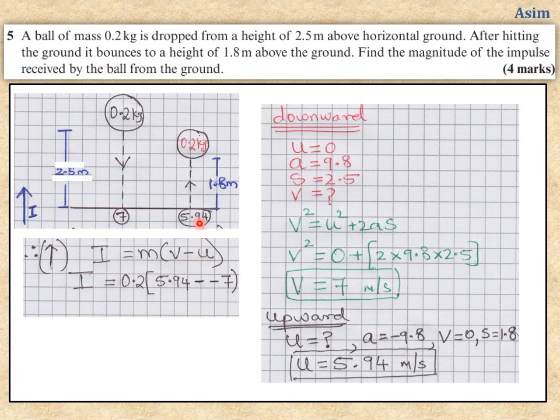After impact it will be going up, that's why this will be positive. Initially when it was going down, the direction was opposite to the impulse, that's why it is minus 7. This is very important to be careful with, because while going down the direction was opposite to the direction of impulse, that's why it will be negative. You solve simple mathematics, you will get the impulse. Next,